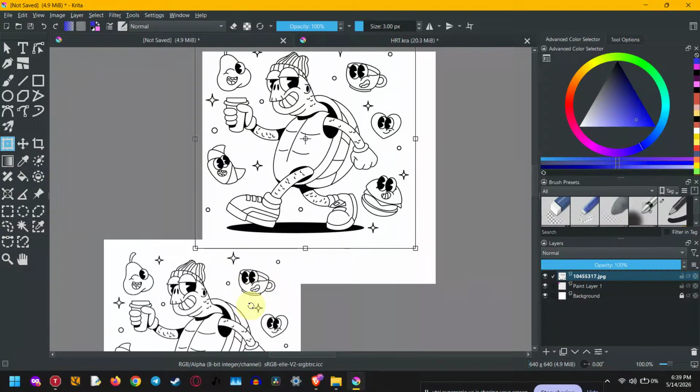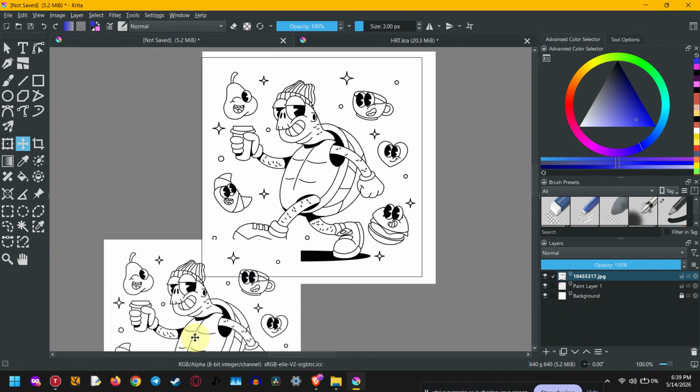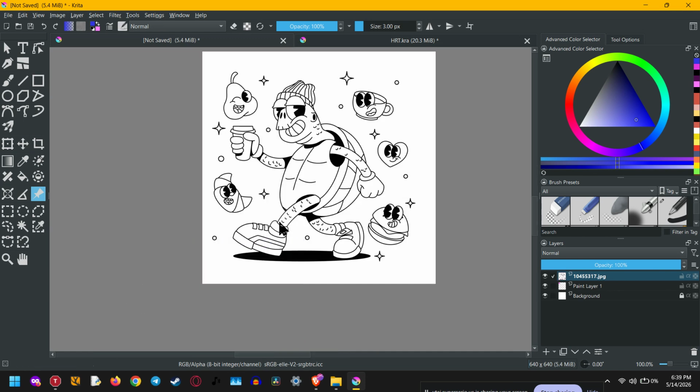In this video, I'm going to show you how to invert a selection in Krita quickly and easily, whether you want the fastest keyboard shortcut or the simple menu method. This is a really useful trick for editing, painting, masking, and making precise changes to the exact opposite area of